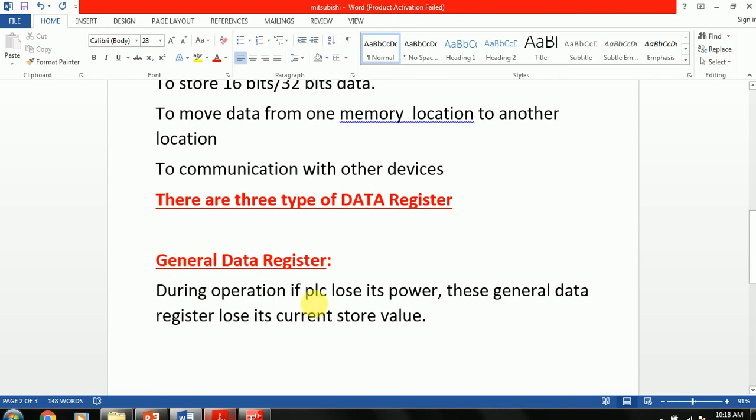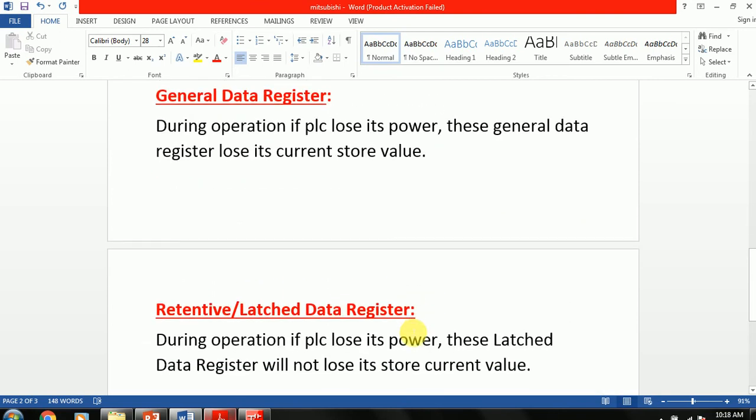During operation, if the PLC loses its power, the general data register loses its current stored value. But in case of retentive latch data register, if the PLC loses its power, the latch data register will not lose its stored current value.